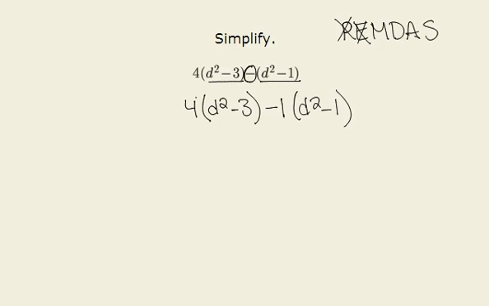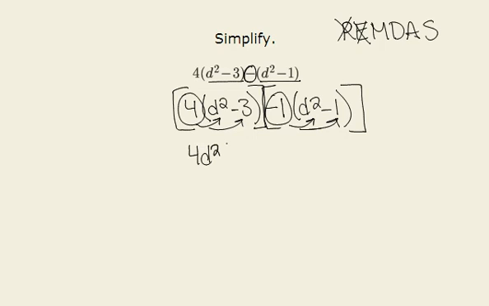And what I'm going to do is look at this like two distributive problems here. So we're going to distribute the number outside the parentheses in each case to each value inside the parentheses. So in this first set we have 4 times d squared, that gives us 4d squared, minus 4 times 3, which gives us 12. In our second set we have negative 1 times d squared, that gives us negative d